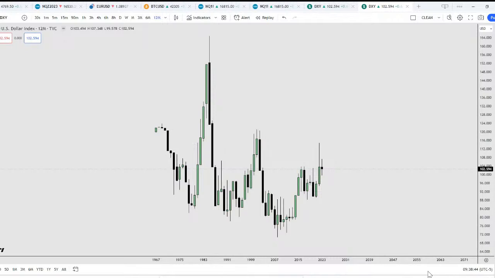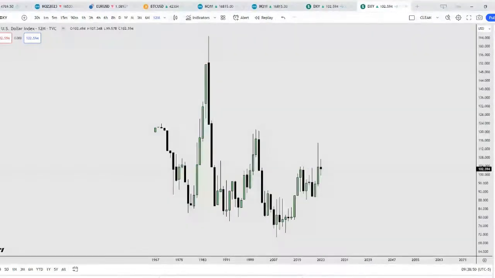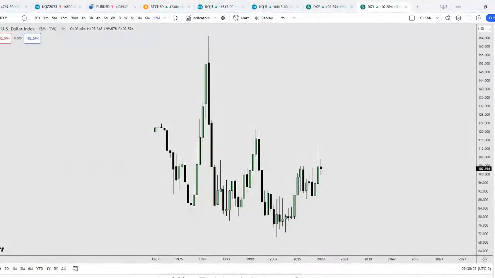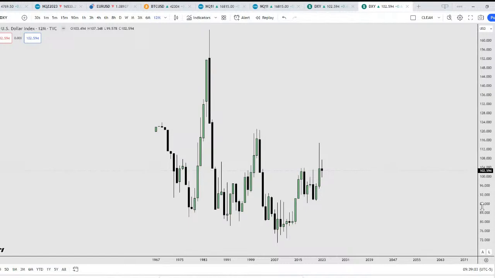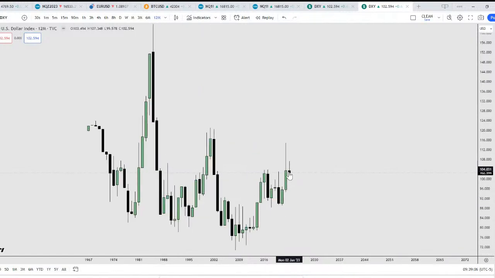Great. Okay, so let's start off this session here with DXY. I have a table of contents that I'm going to go through. So first off is DXY. All right, so this is the yearly chart, the 12-month chart of DXY. And as you can see right here,